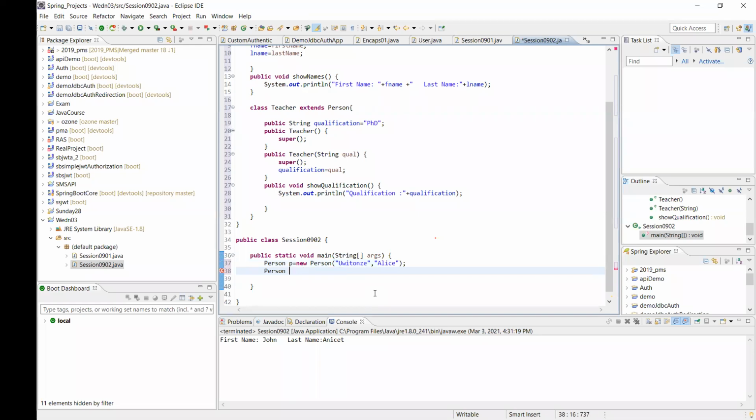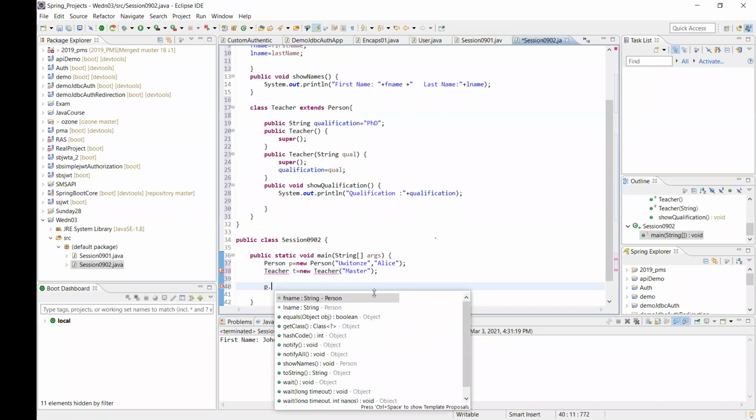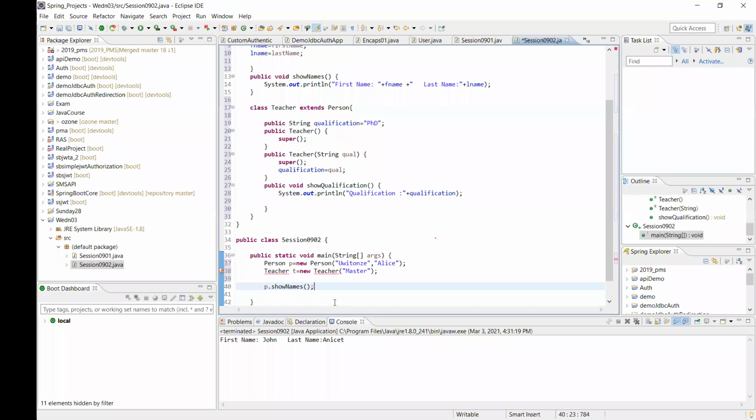And if you call a teacher, maybe T equal to new teacher. Probably let's pass something like a master's. So when you go for P, here you can see which method: method show name. All right. So for teacher,